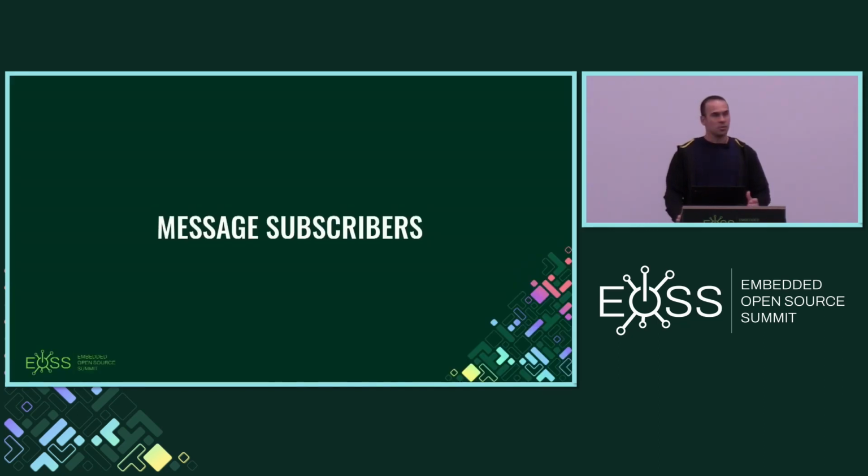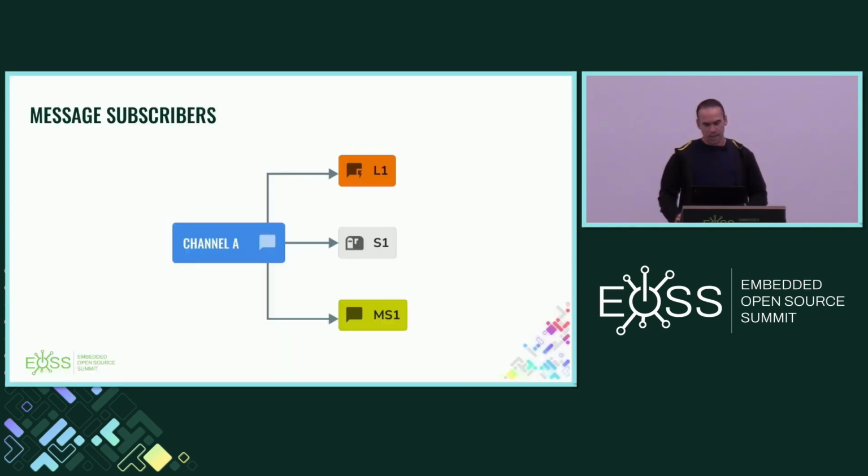Message subscribers. The message subscribers were requested since the beginning, and I was reluctant to add them, but I tried to find the best way to add them to ZBus. And in fact, message subscribers are subscribers that receive a copy of the message. Before, we just had listeners and subscribers, right? The listeners were executed by the VDD, and during that execution, they could access the message directly without needing a copy or something like that. They could access the message directly, which is good.